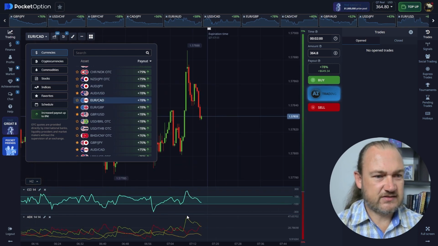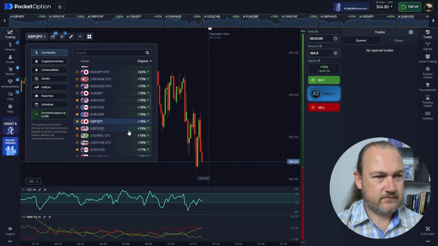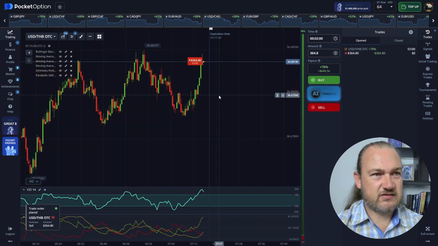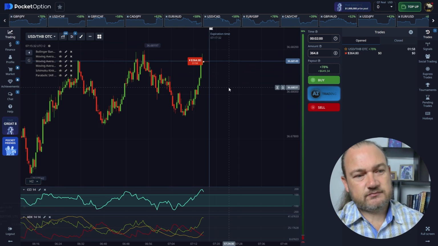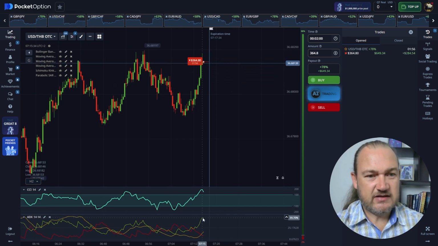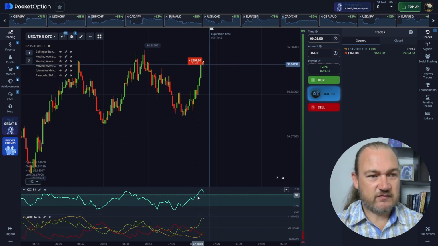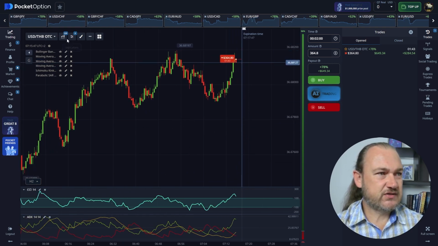And there was a very nice DI spike. It's a pity, that would have been an excellent trade. Got a super high DI spike here. We're hitting a resistance level, so I'm just going to take a sell on this. We can see that my DI is on 40 basically, while my ADX itself is still below 20. CCI here is way into the overbought zone. We're almost on 200, and then we also have